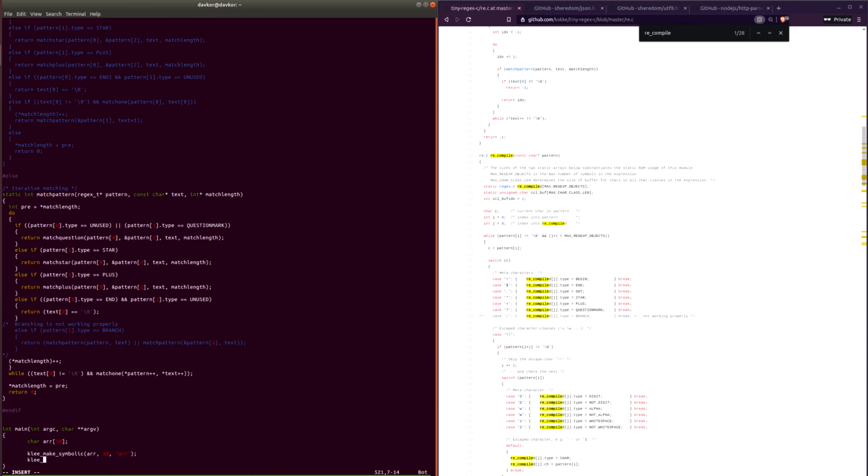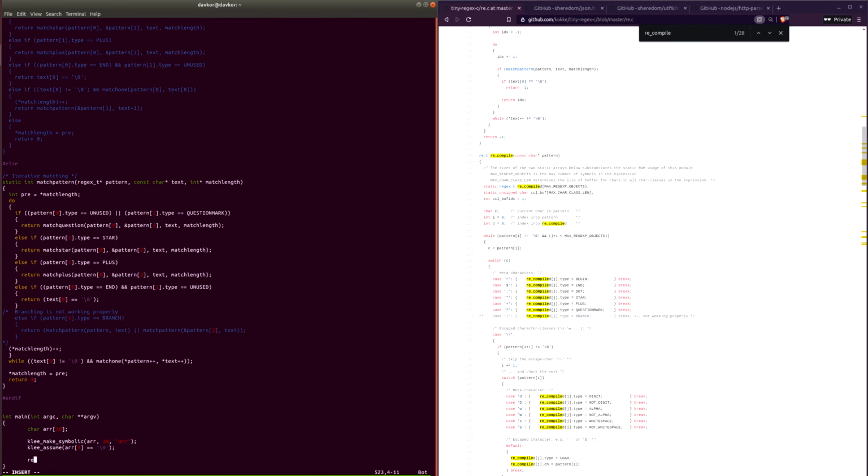Then we will also null terminate the buffer, and the reason that we will null terminate the buffer is, in general, when you have in C a function that expects a char pointer and it doesn't have a second parameter that tells you length, it generally expects a null terminated string, which is perfectly fair. So we will do like this, and we will say the last byte of the char is supposed to be a null terminator, and then we will simply call re_compile with our